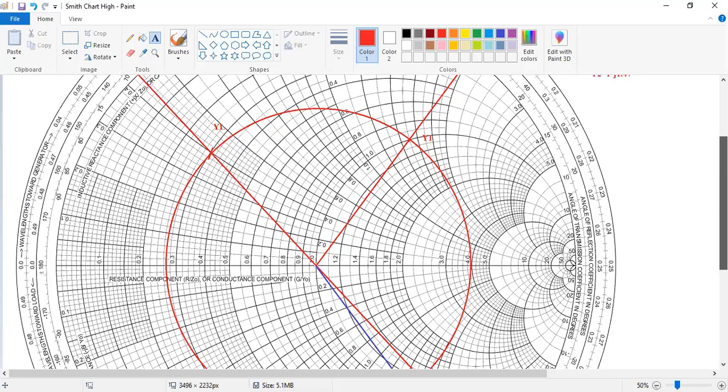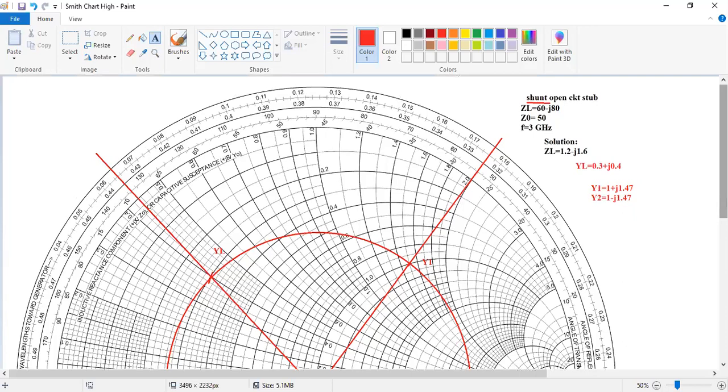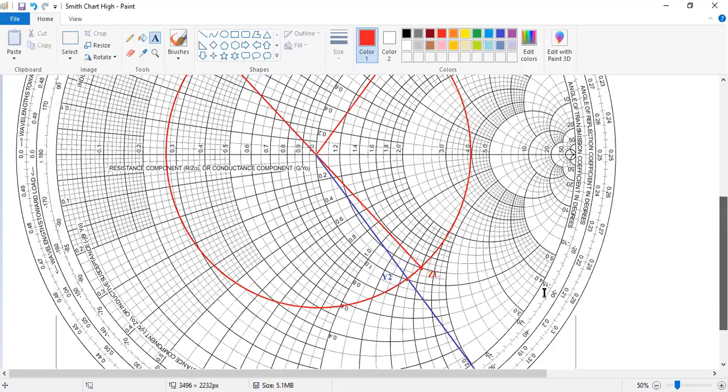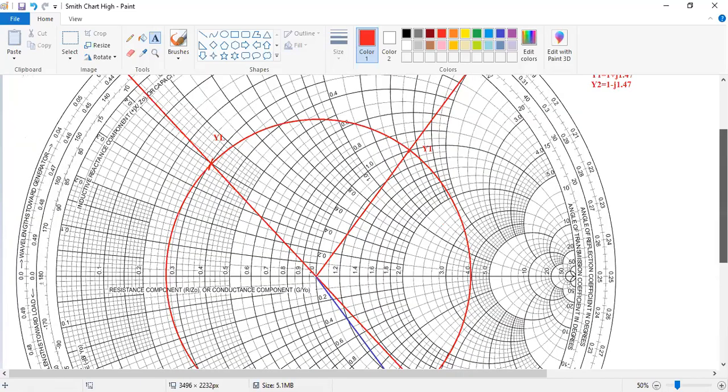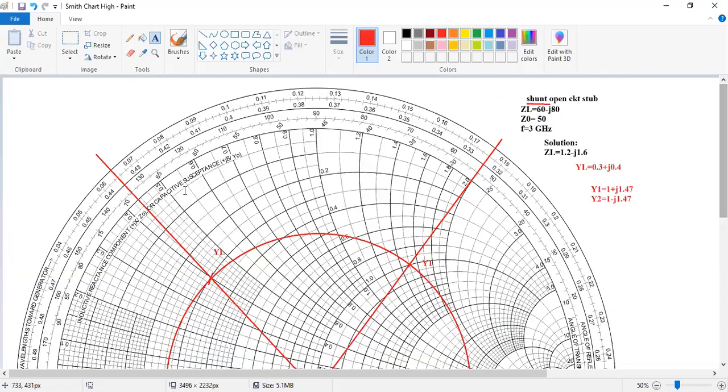Now we will go one by one. We are finding out d1. So how to find d1? For d1, what will be your reference point? I have not taken your ZL outside, ZL I have taken from this. Why? Because ZL will not be the reference, because it is the shunt stub. Your reference is YL here, so I had taken YL outside. So give me the value of YL, the lambda value toward the generator.